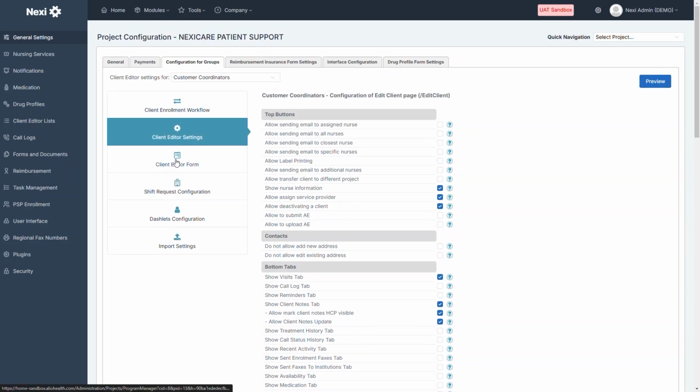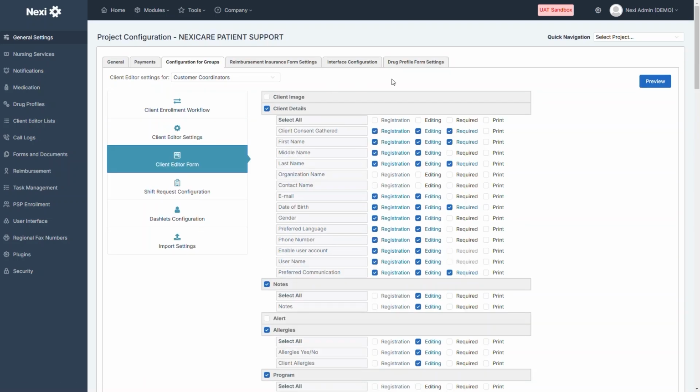The Client Editor form is where we can customize how the enrollment form looks for clients and how the client profile looks for Nexi users. Client profiles are highly customizable in Nexi, with a wide selection of built-in fields that can be selected for each project. Under Client Details, the registration column specifies the fields displayed during enrollment. The Editing column specifies the fields available when updating a client profile, and the Required column indicates the fields needed